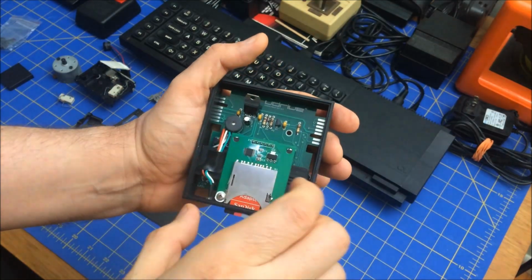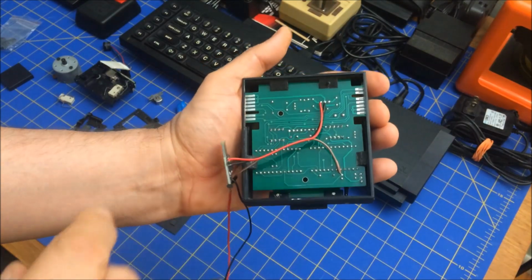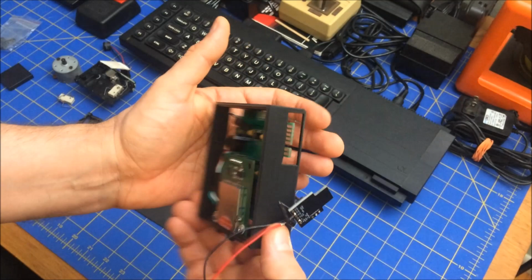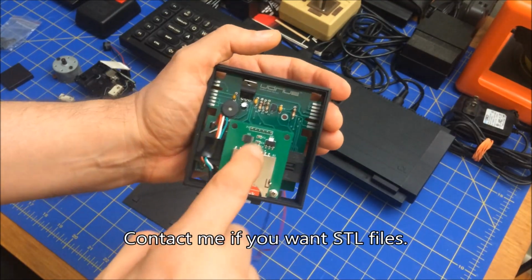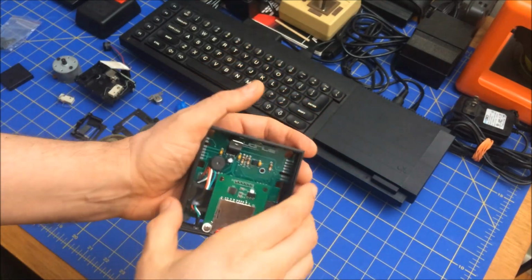There are also tabs on the sides here. You can see right here and right there. Yeah, so I built this case myself. There's a daughter board that sits on top of this, and the original case